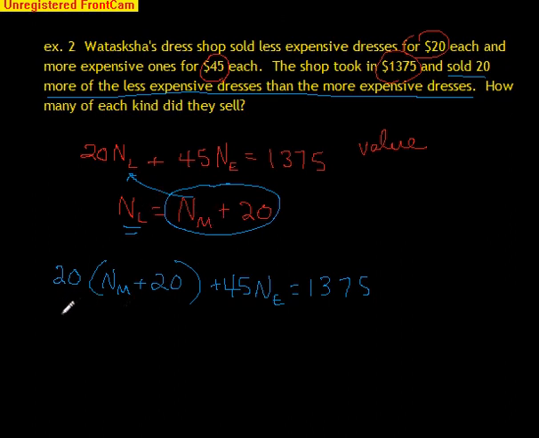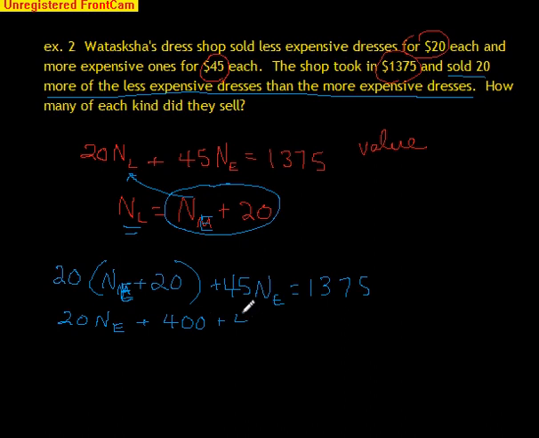So then we're just going to distribute. I mean, you could always do this by elimination. Oops, I have different variables here, don't I? That's a little bit of a problem. Number of less expensive, this should be E for expensive. I have different variables. So 20 number of expensives plus 400